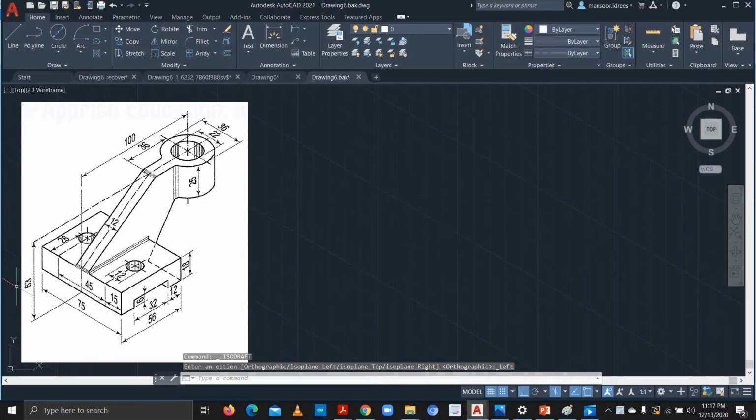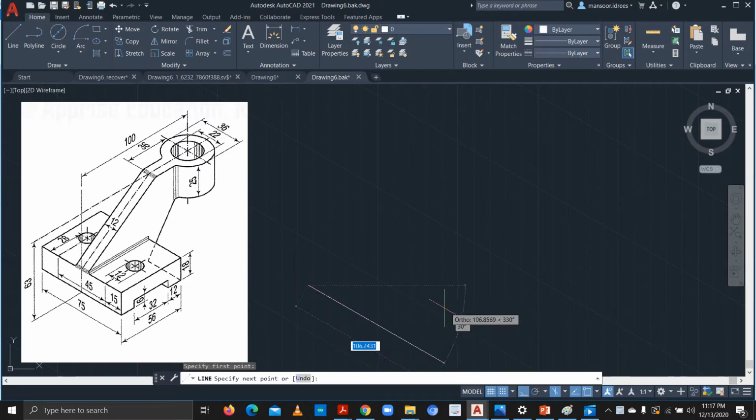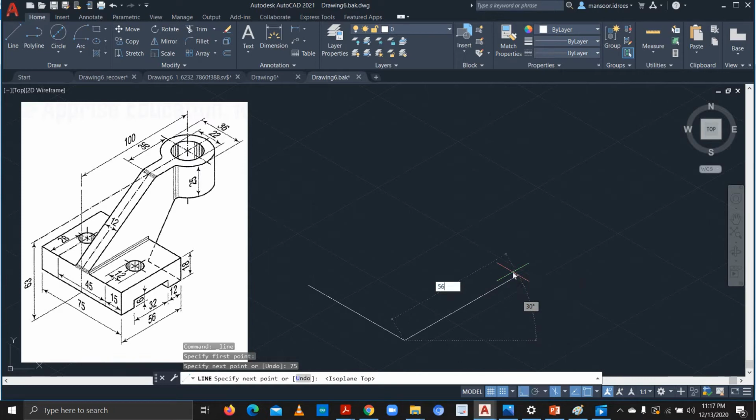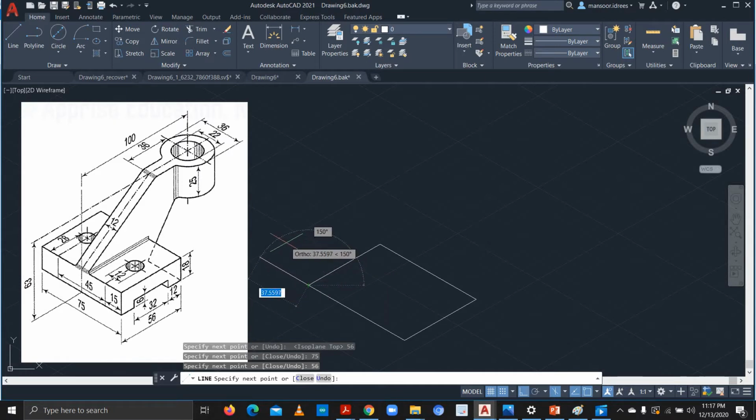Okay. So first of all, we draw the base, that is 75 and 56 with 18 of height. So I'll draw 75. Okay, this is 75 and change the plane. This is 56 and 75 again and 56. So the height is 18, so we'll go 18